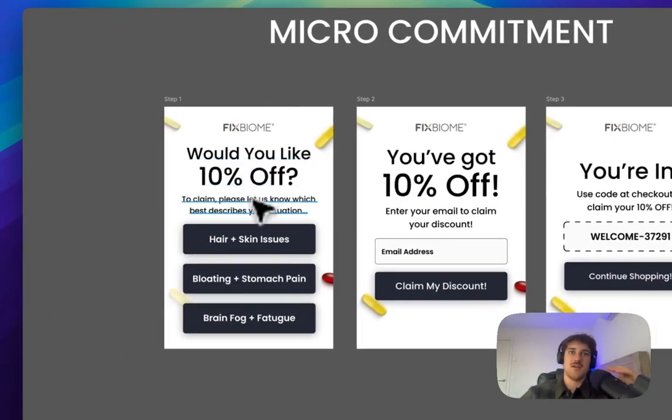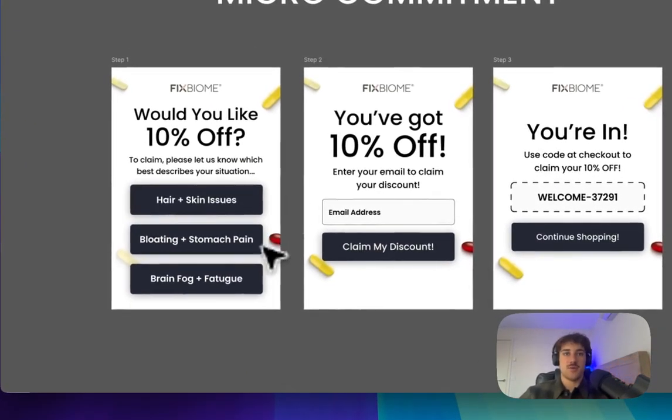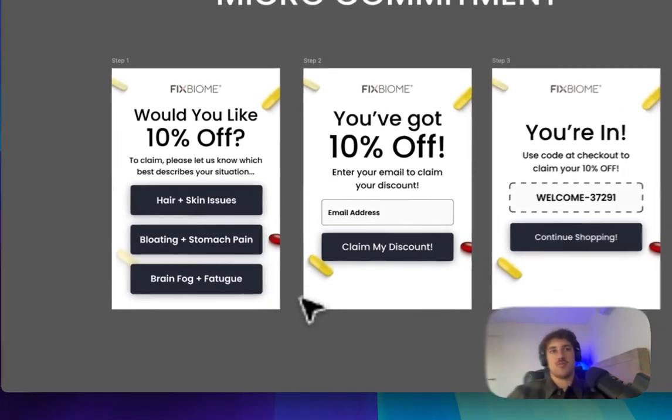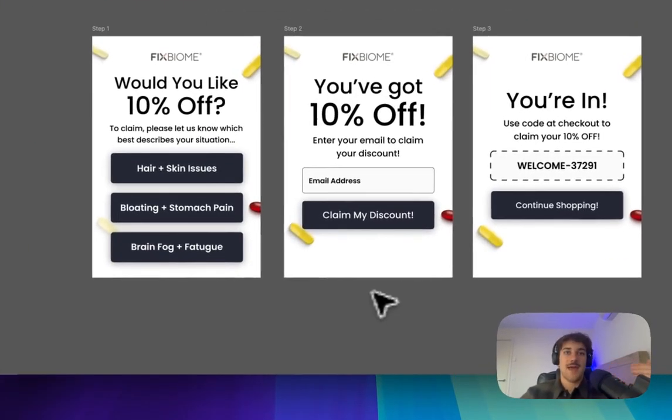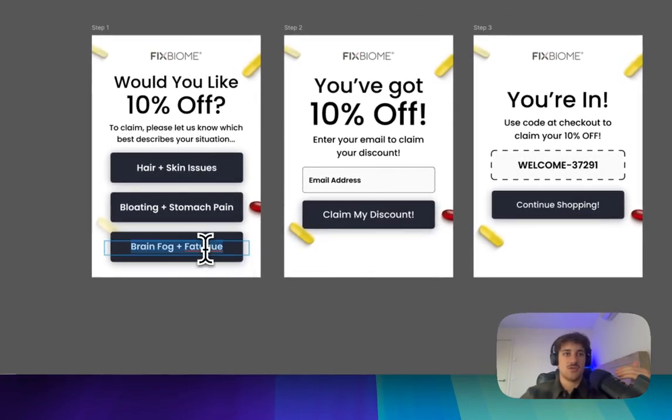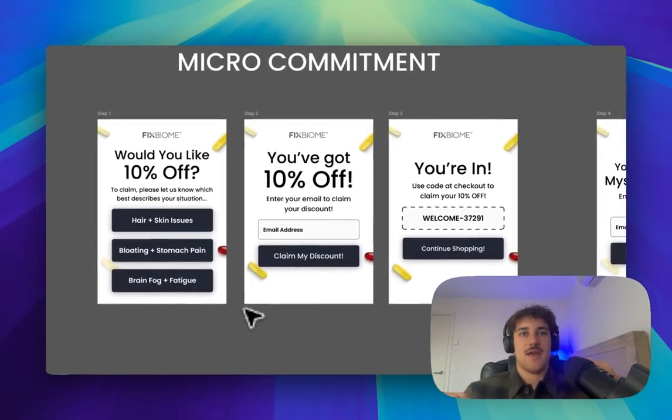So pretty much we say, would you like 10% off? To claim, please let us know which best describes your situation. And for this brand, obviously they sell supplements to solve hair and skin issues, bloating, stomach pain, brain fog, and fatigue. So we actually wanted to find what the common pain points were. So obviously I can just see a typo here, so let me just fix this quickly. Fatigue, awesome. So yeah, we wanted to find what the common pain points were,